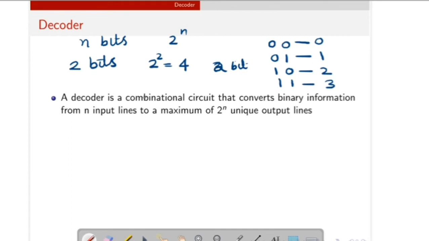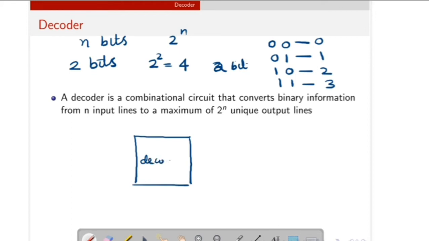So a decoder is a combinational circuit that converts the binary information from n input lines to a maximum of 2 raised to n unique output lines. So in this example, here we have a decoder circuit.